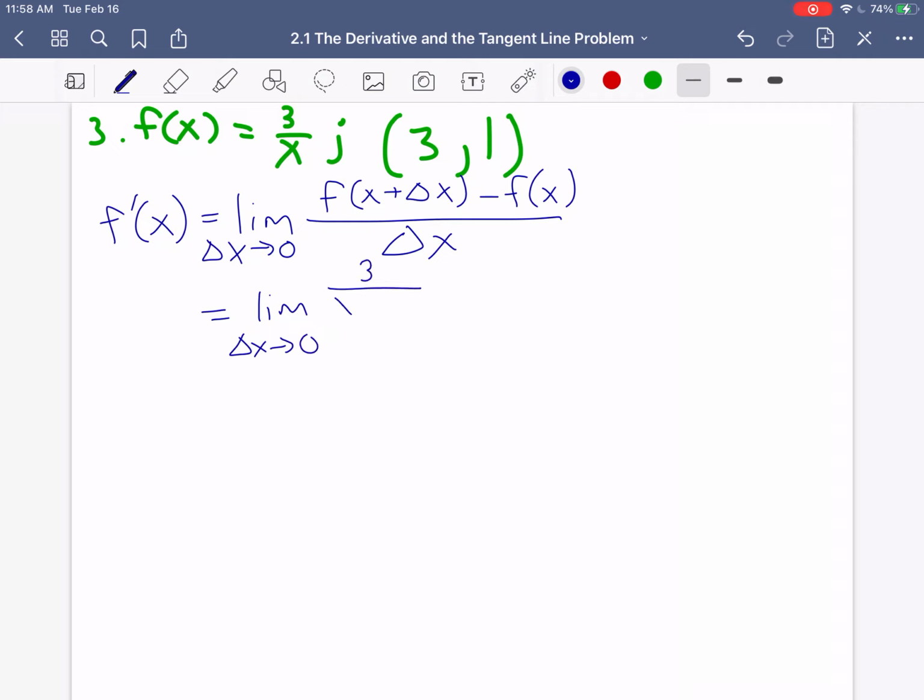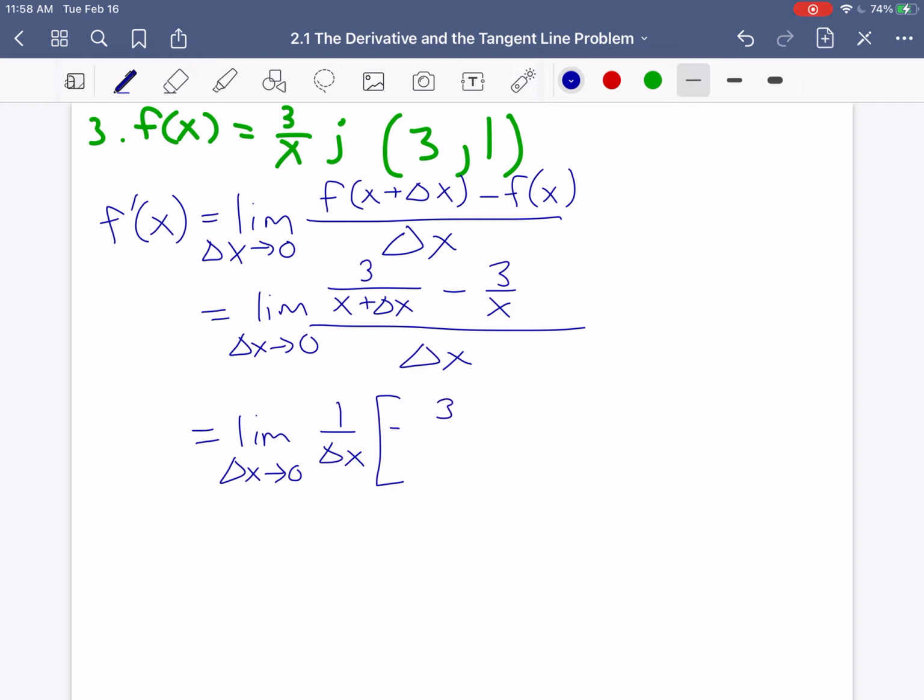So here we get the limit as delta x approaches 0 of 3 over x plus delta x minus 3 over x, all over delta x. So it's all being divided by delta x. Since it's all being divided by delta x, we can rewrite that as 1 over delta x times, on top, 3 over x plus delta x